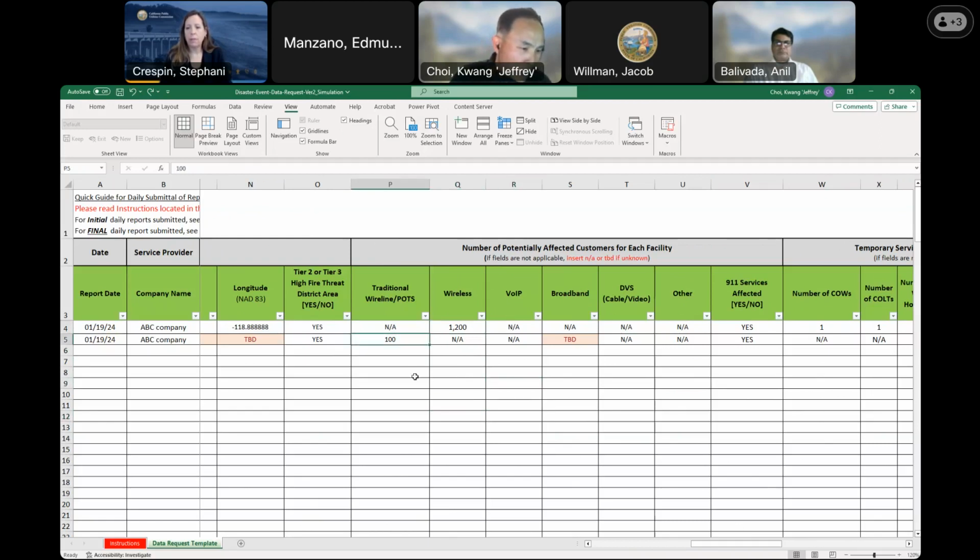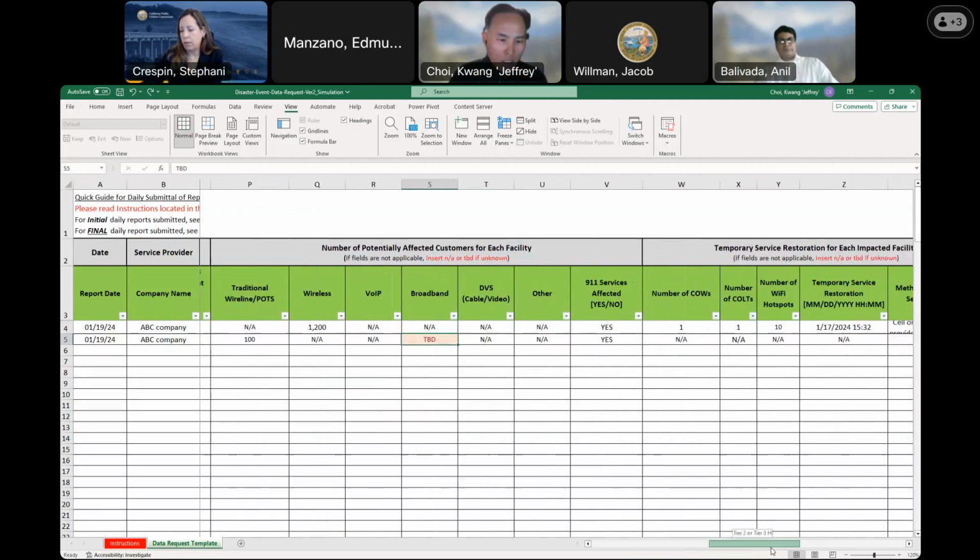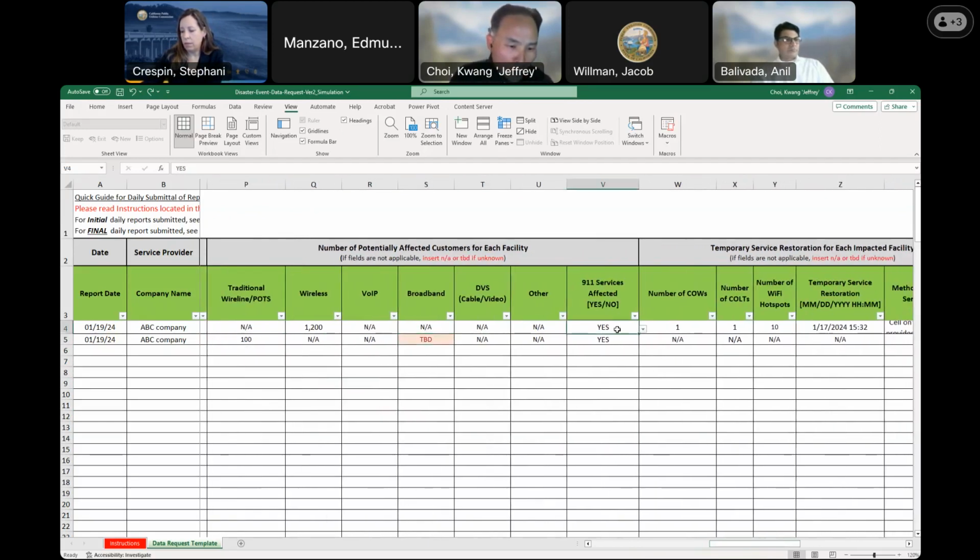And for the second, maybe you can put the affected customer number here. Then maybe you think that there's another service customer affected here, but you don't know, then you can put the TBD here. And then there's another drop down, yes or no, to see if the 911 service is affected or not.